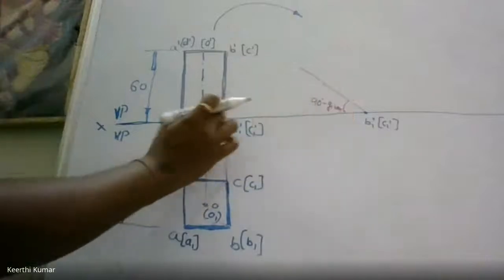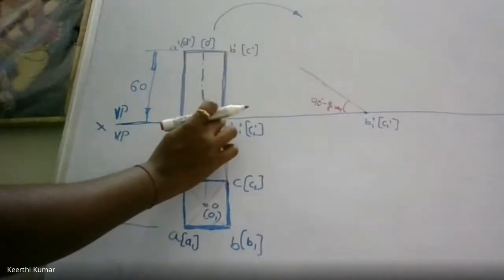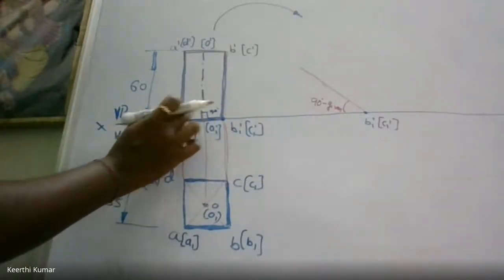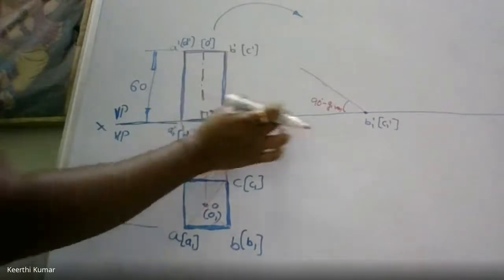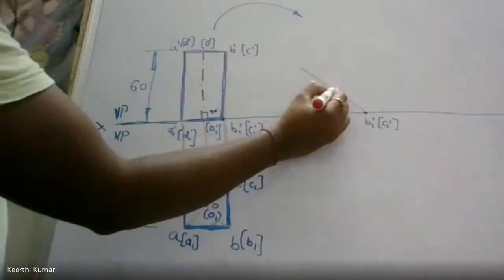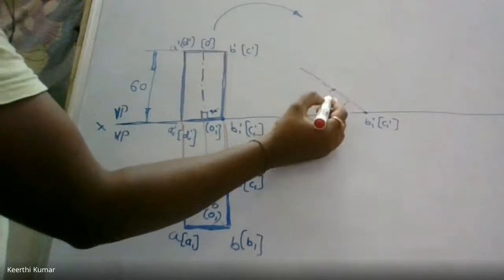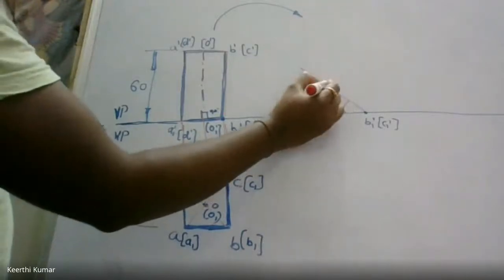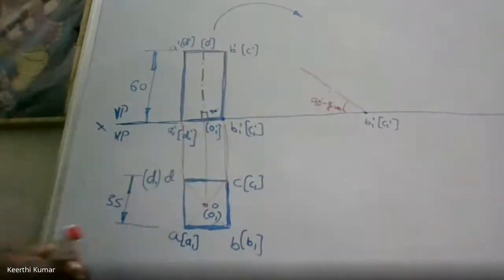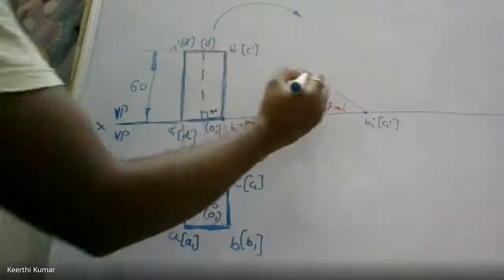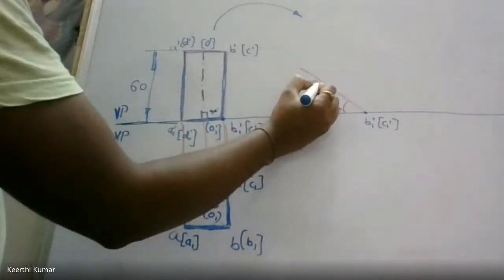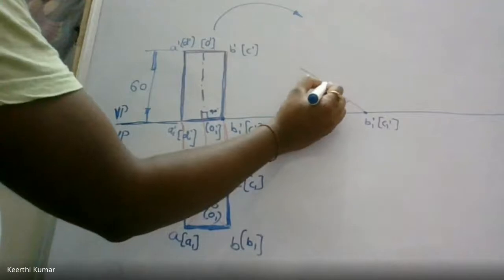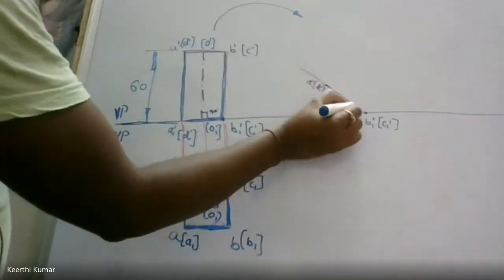Once you complete this, B1 dash is done. Let us try to copy A1 dash. So measure these two distances. Keeping this as a center, cut an arc. If you cut an arc, you'll get this point. What is the name of that point? That name of the point is E1 dash, within a bracket D1 dash, this point. So I'll make this thick.